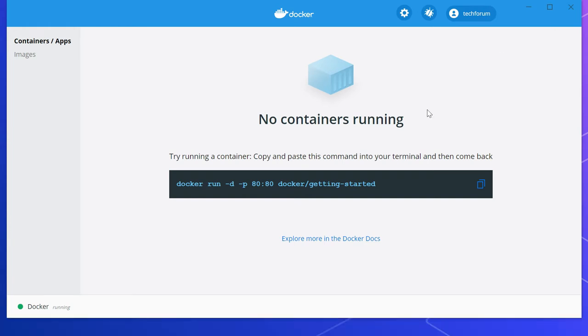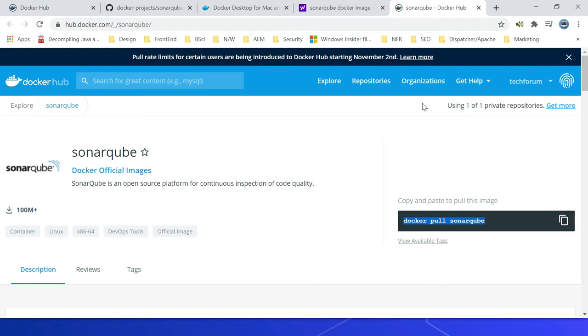As a simple step, we can run the Docker container from SonarQube and quickly start the server. But our requirement is to add custom plugins and bootstrap the configurations, so we should be extending the standard SonarQube container. To run the SonarQube server with the standard SonarQube image, you can come here to hub.docker.com. You can find the SonarQube standard image.